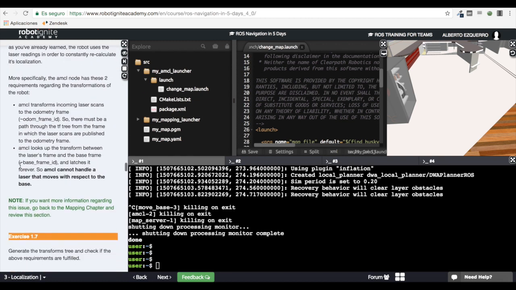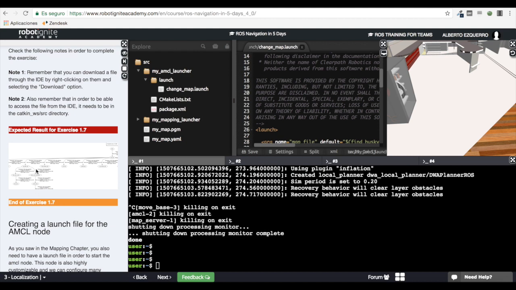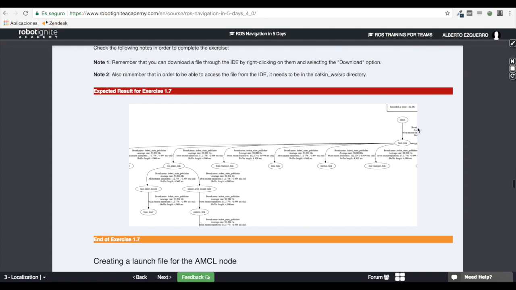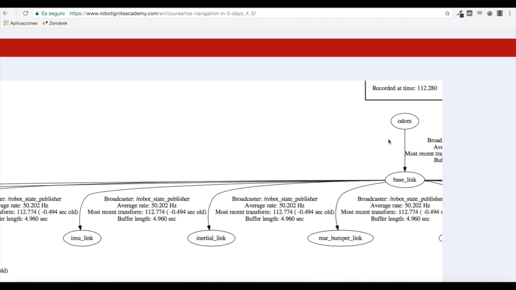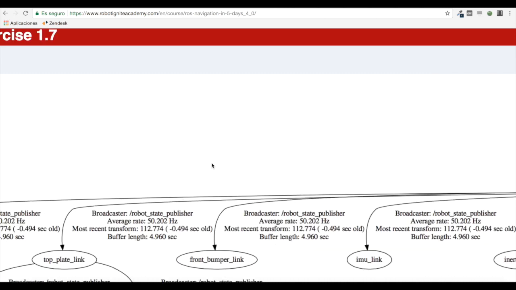I need two. I need the transform from the laser frame to the odometry frame. So this means that there must be a path through the transform tree from the frame of the laser to the frame of odometry. If you remember from the previous unit, the transform tree is this here. So we need to make sure that we have a path from the odom frame, which is here, to the laser frame, which is,